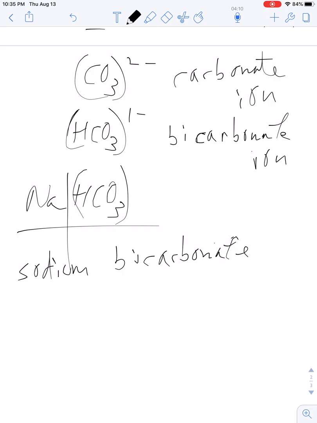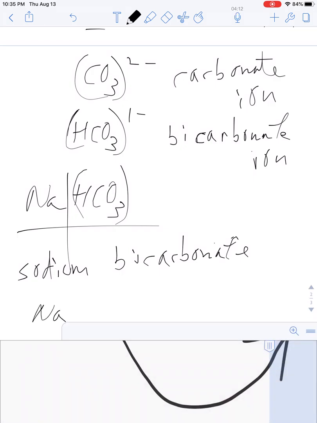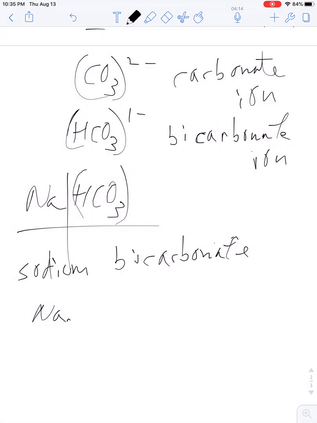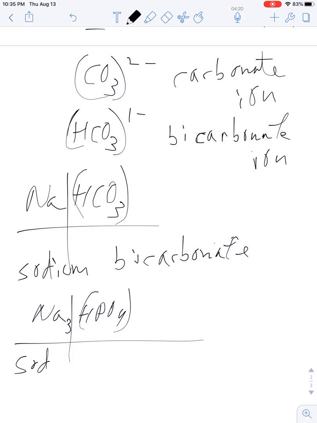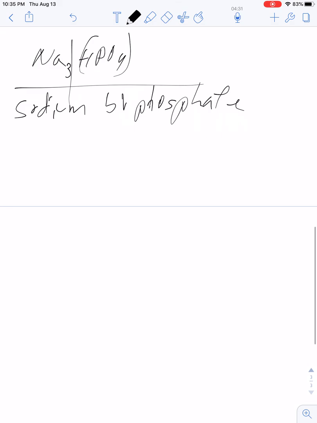If you had this, this would be sodium, and this would be biphosphate, sodium biphosphate. Okay? Going the other way, suppose you had this,